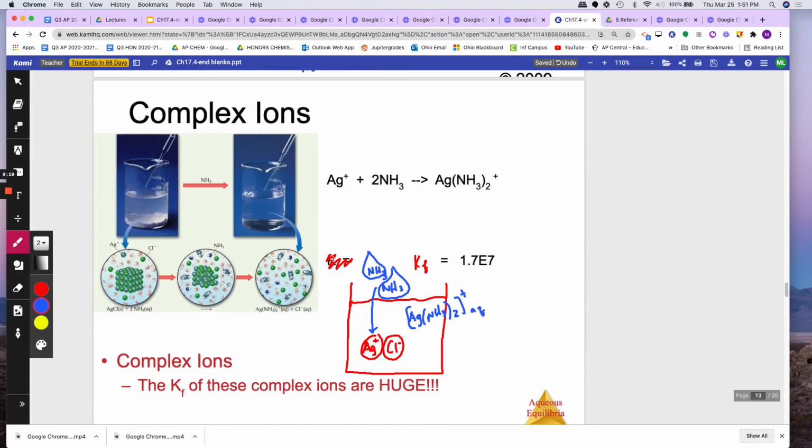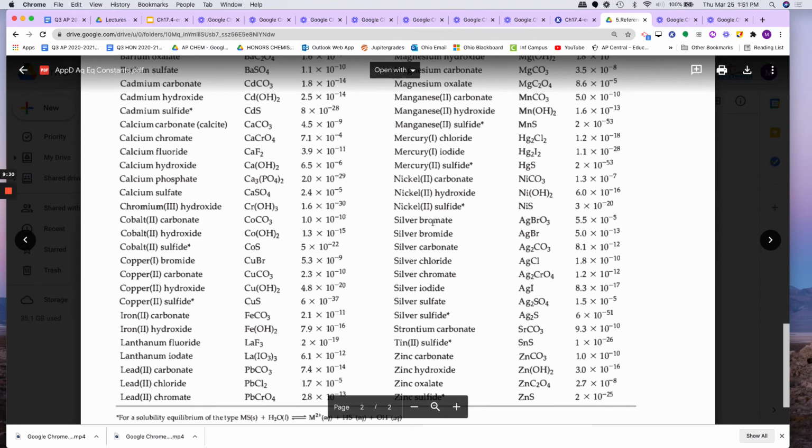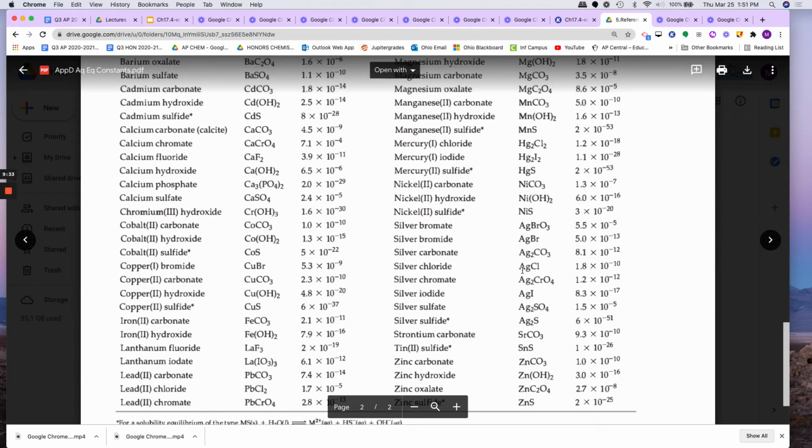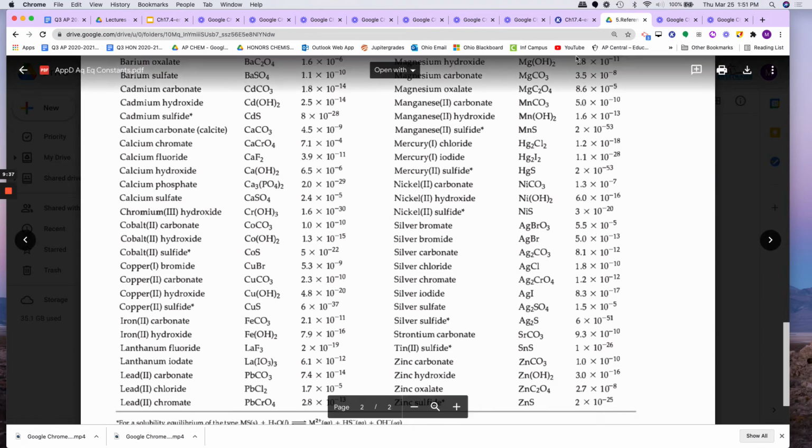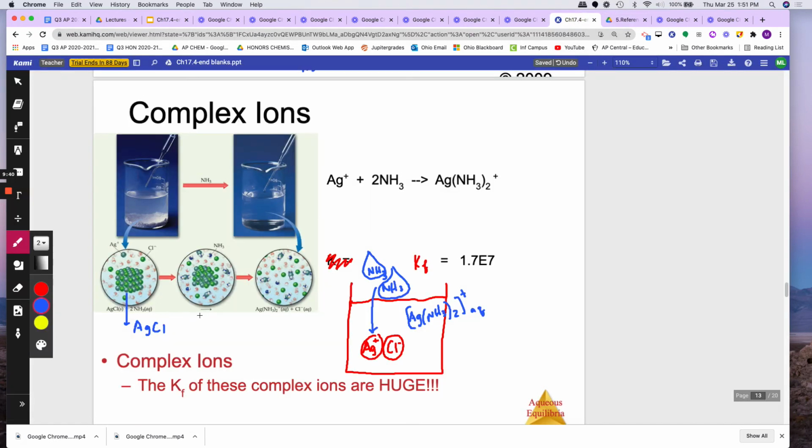Here's an example. Let's look at a solid chunk of AgCl. Do you see that white powder there? That's AgCl. Let's look at the reference sheet for AgCl, silver chloride: 1.8 times 10 to the negative 10. That means it does not want to dissolve. So what do we do? We add drops of ammonia, NH3. What happens is that ammonia steals the Ag away from the Cl,